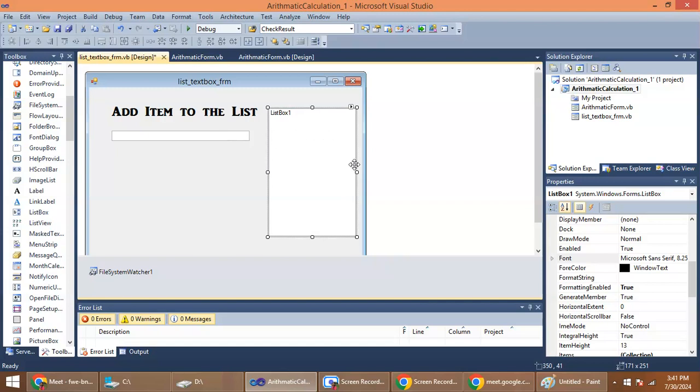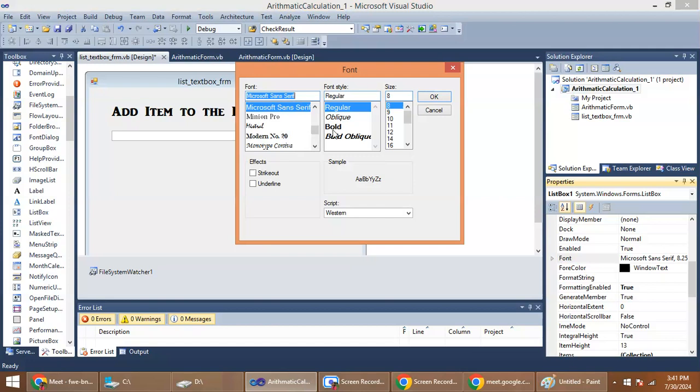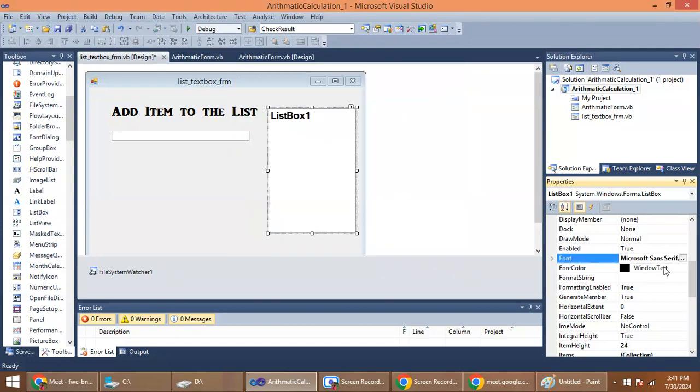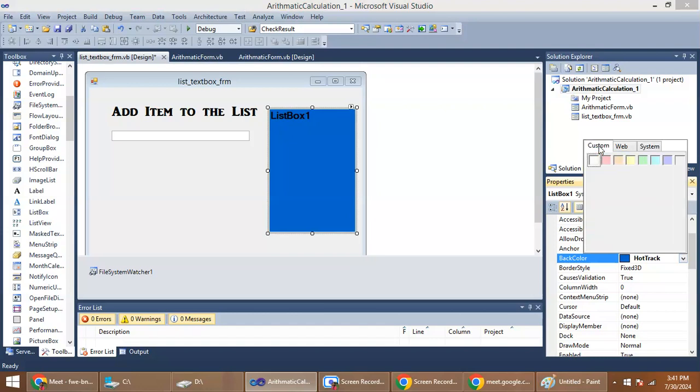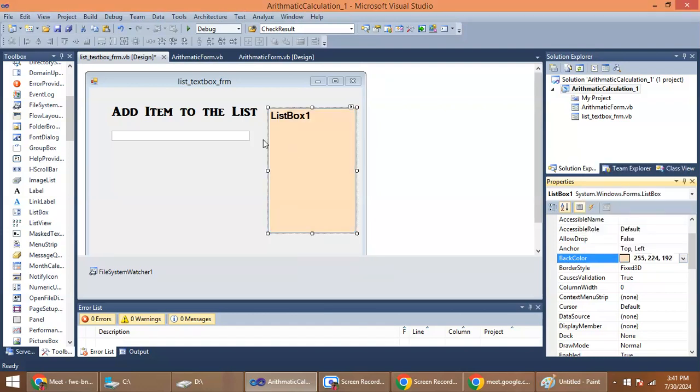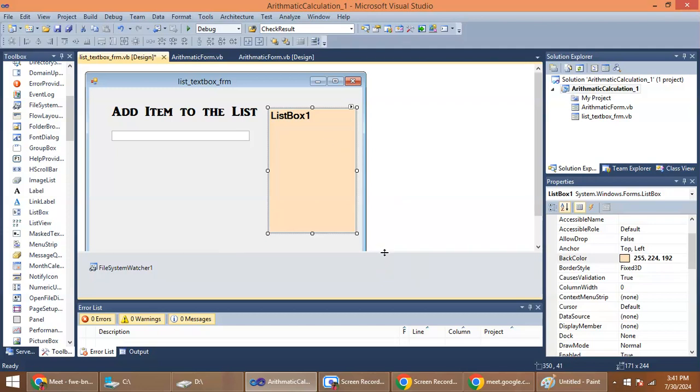I need to change the font. Change the font to bold, make it big, and change the background color. So try to design it nicely. How do you put the list box? How can you underline that? Okay, I'll just move. First, if you want to make a